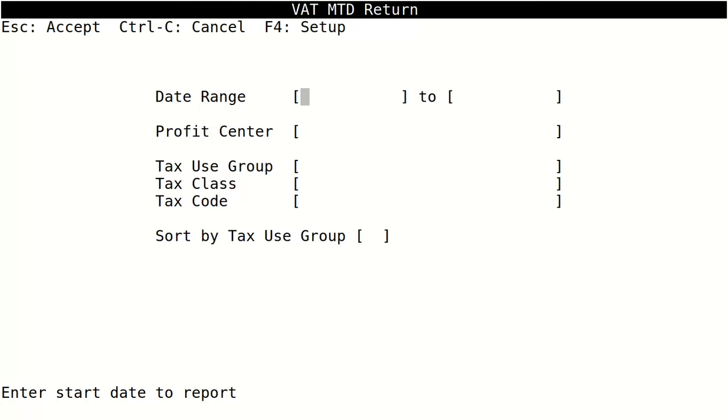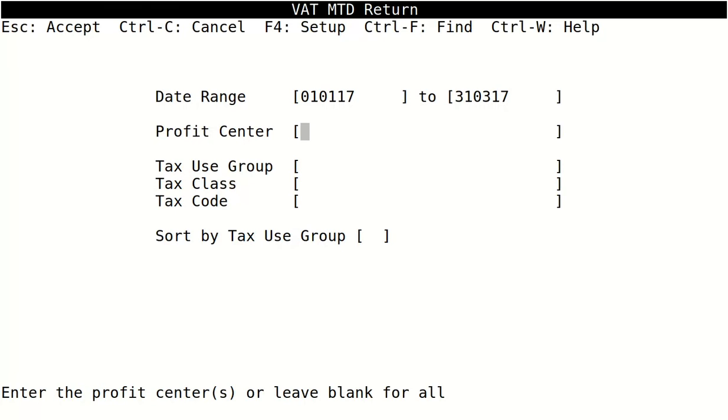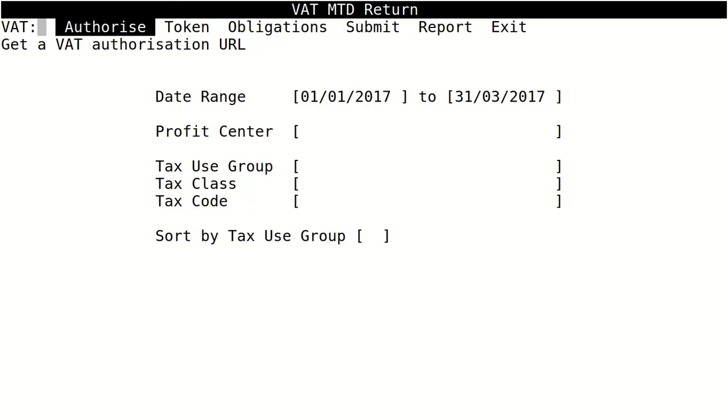Now once back on the main screen, we'll enter our date range for the period we are submitting the VAT return for. Press Escape. That brings us up to the Authorize option on the top ring menu. Press Enter on that,